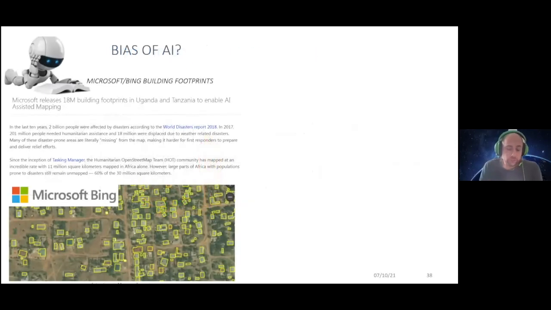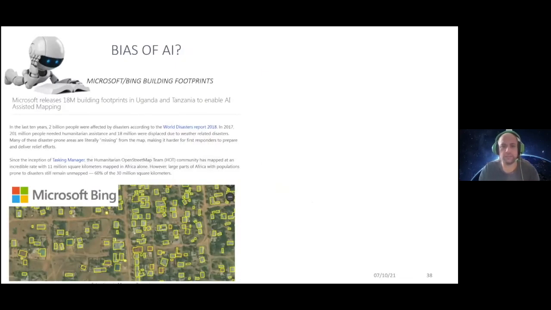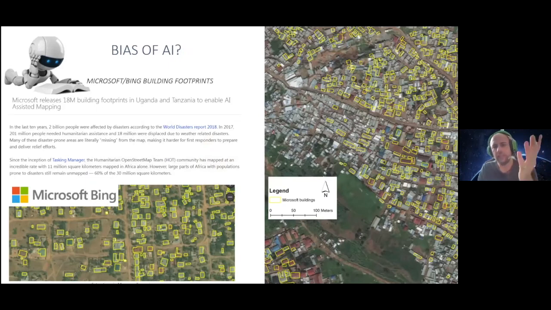But the transformation, what is happening now in the field, is the building footprints. Microsoft, Google, and Maxar are all in the game of building footprints at continental or global scales. So we see here there is a bias again when it comes to building footprints. This is a Microsoft one, but when we overlay them over deprived urban areas, over slums, you see that they don't even capture half of them. So when you use them, for example, for population purposes in these regions, you are really, really far off the grid.